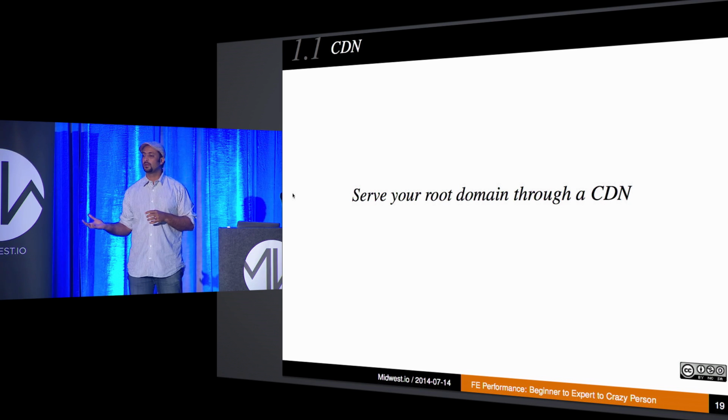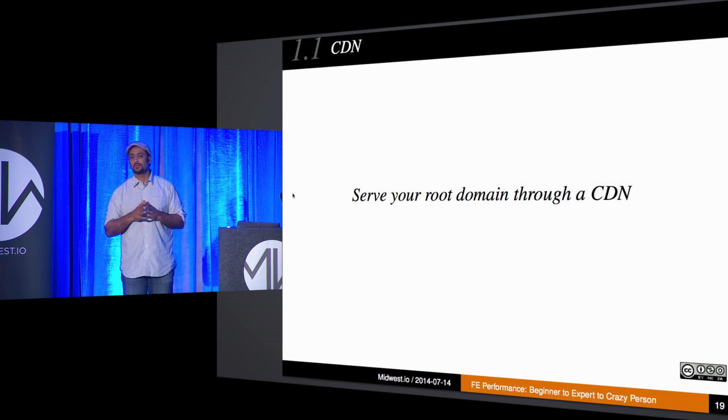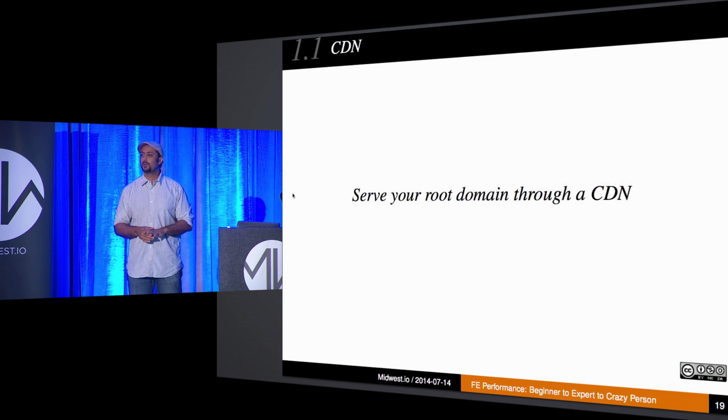You do have to pay for it. So there's a trade-off between that. If you're too small to afford a CDN, there are, in fact, CDNs that can do this for free, like Cloudflare, for example. Now, serving your root domain through the CDN does have a bigger benefit because normally we think